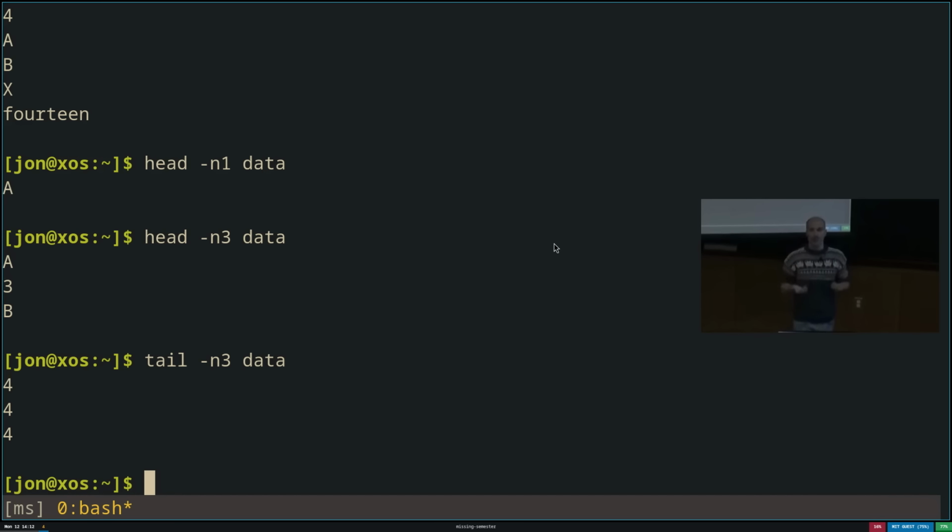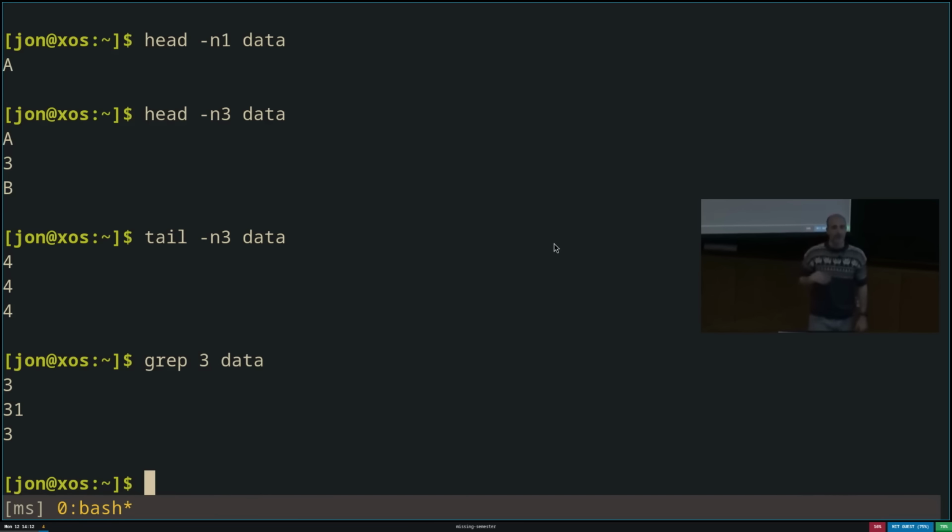And then we get into slightly more sophisticated tools. So there, for example, there's a tool called grep. Grep is a file searcher. It doesn't search for files, it searches in files. And it searches for things that match a particular pattern. So for example, if I want to grep for 3 in data, grep takes 2 arguments, a pattern and a file, or a list of files that you want to search in. And it will print out all of the lines that match the pattern that you gave in. So in this case, these lines all match 3, the other lines do not, and therefore do not get printed.